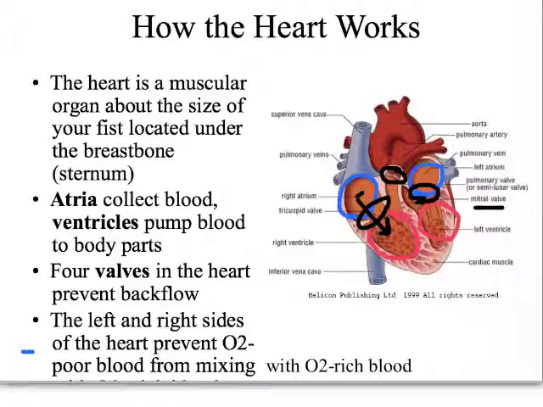And all of these valves, again, are going to prevent the backflow of blood back into the atriums where they came from, or the ventricles where they came from. And we can also see that the heart is divided into a left and the right side. So the right side of the heart is going to be responsible for dealing with oxygen poor blood, and the left side of the heart is going to be responsible for pumping